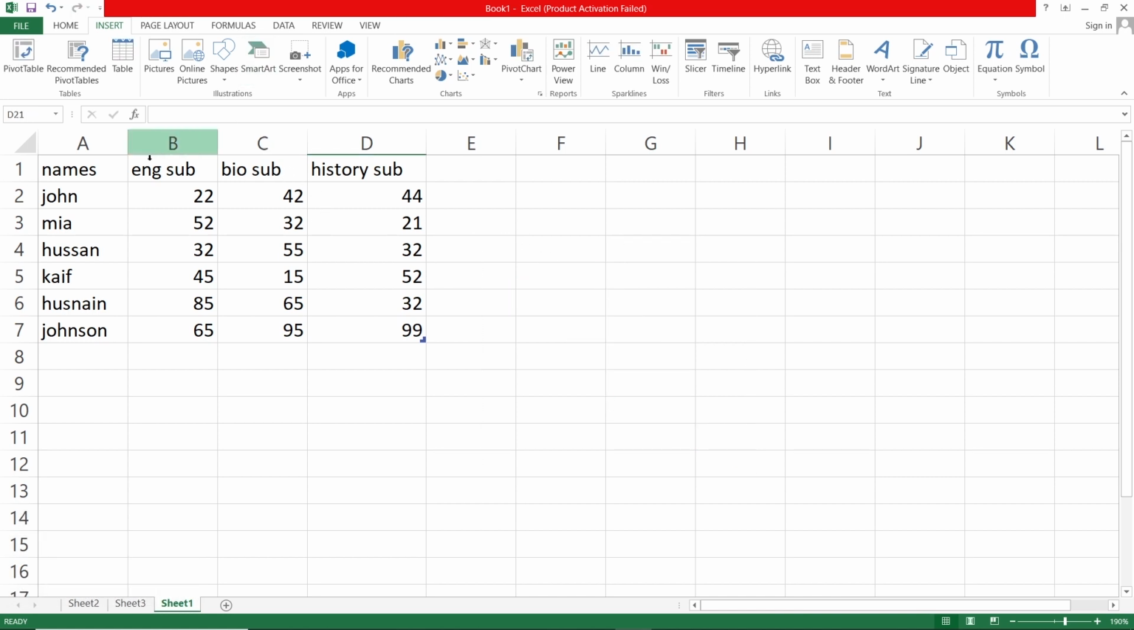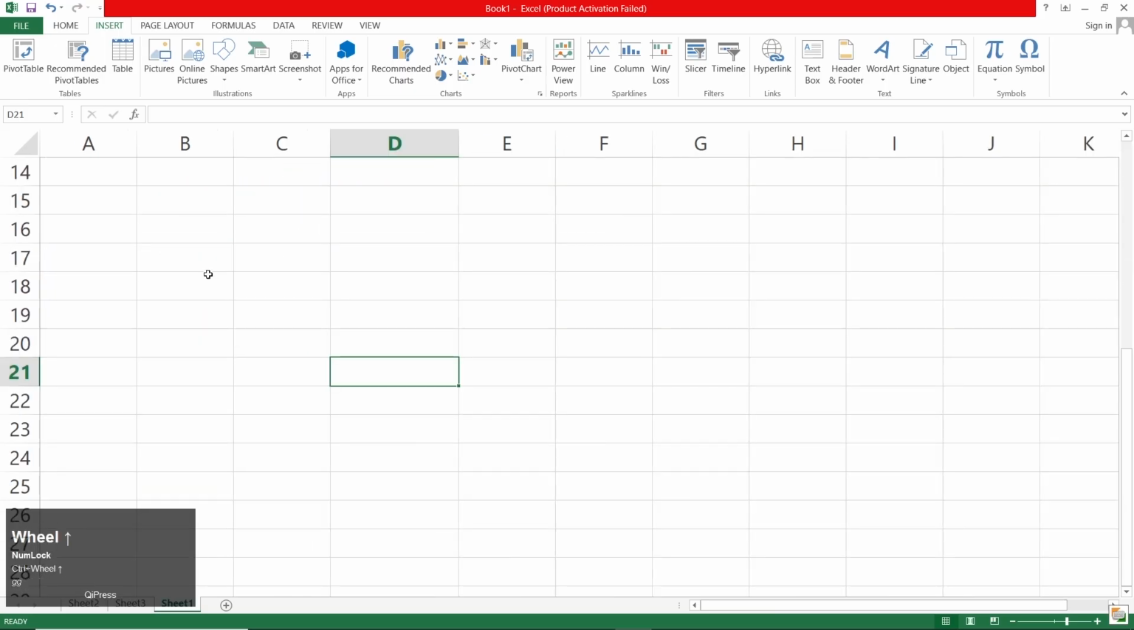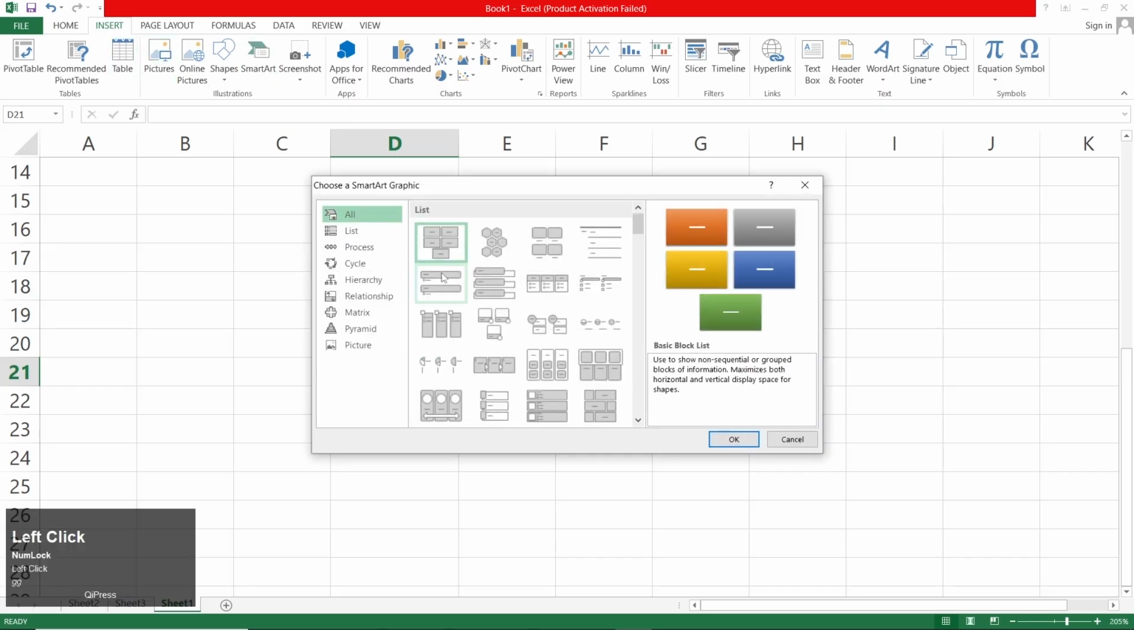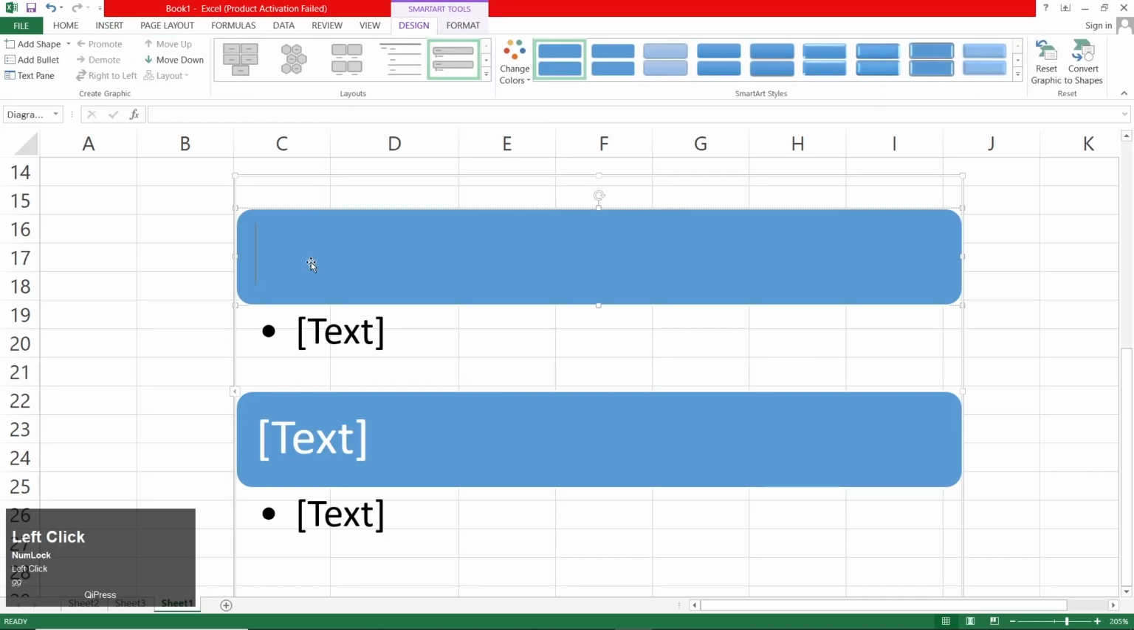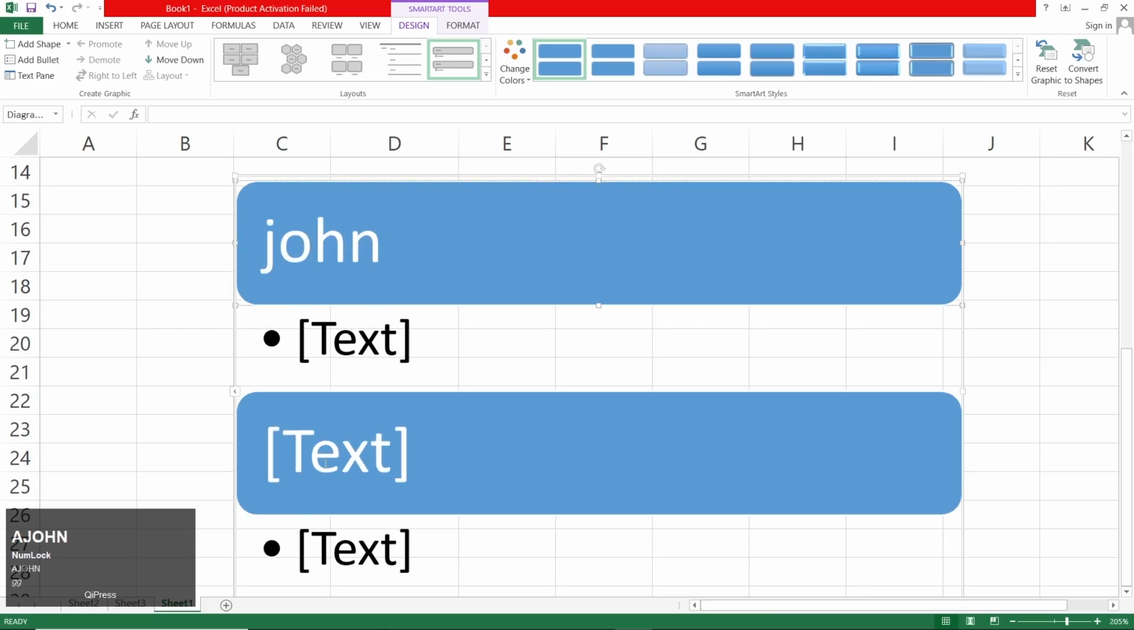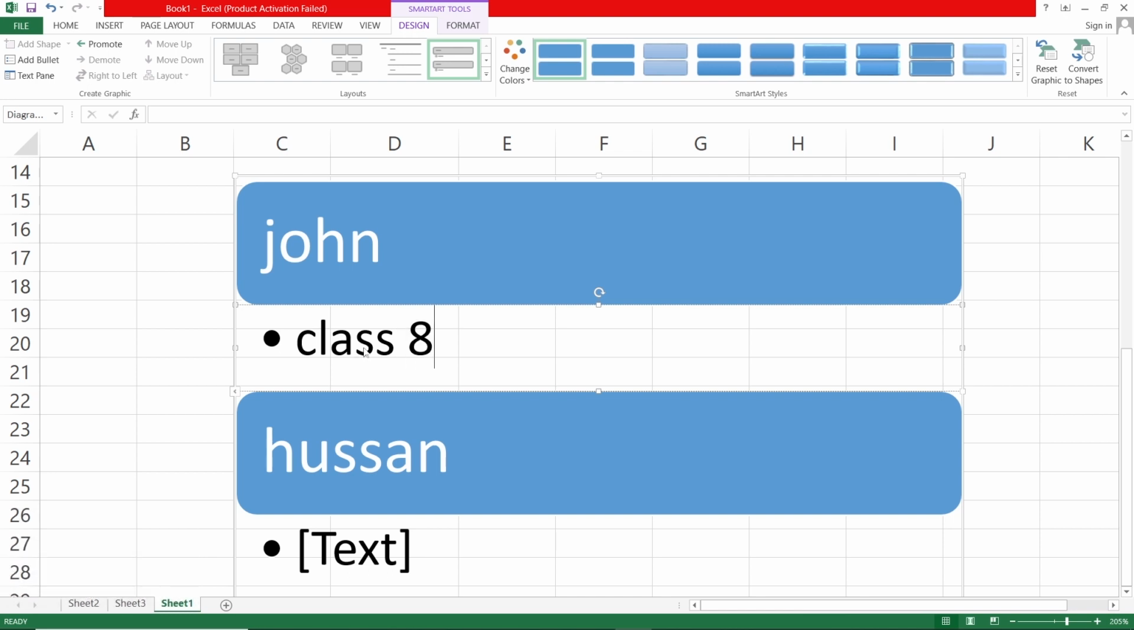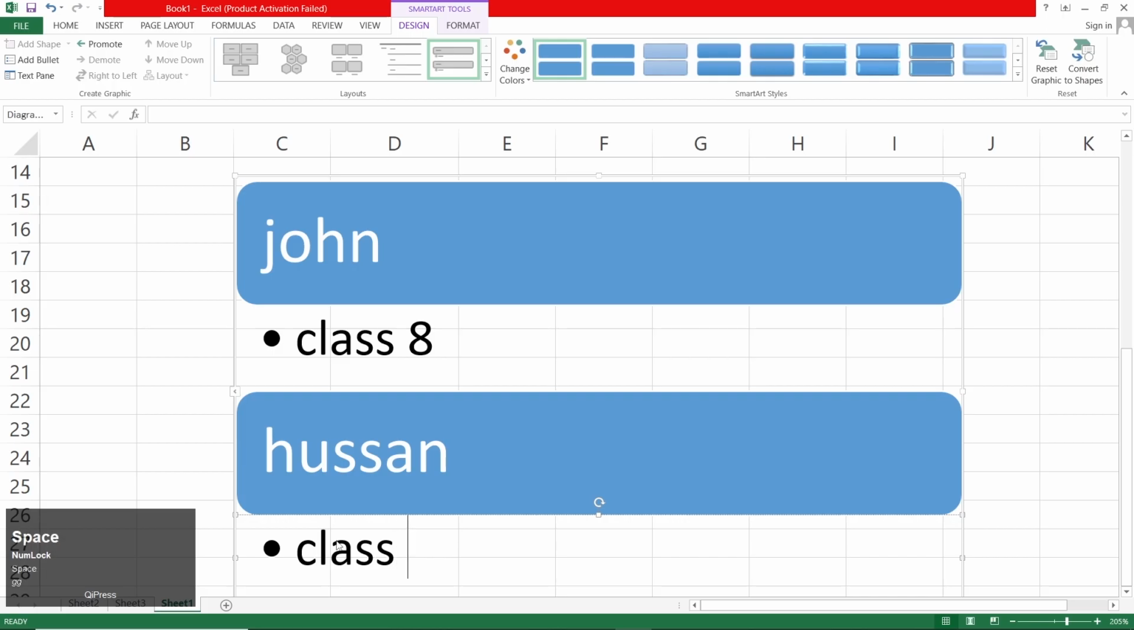And let's try to use SmartArt. Let's delete that or come at the bottom. SmartArt, click on this, hit OK, and type there. John. Sorry about the sound. Class 8th, class 9th. You can click at the corner of this SmartArt and go for design, and over there you